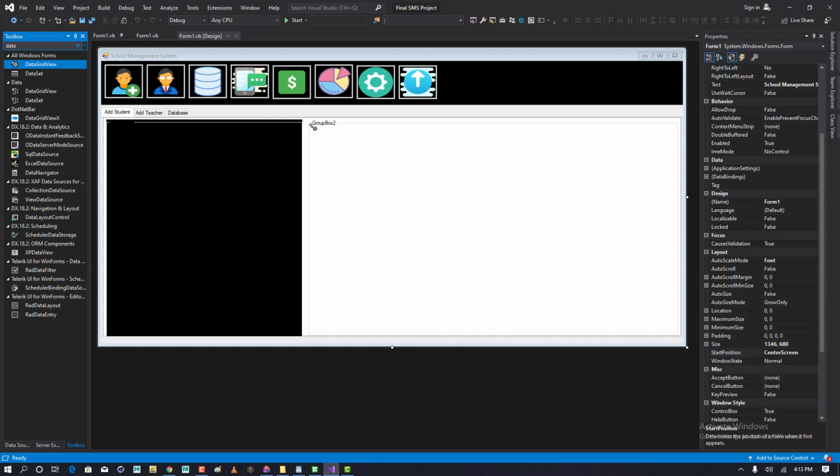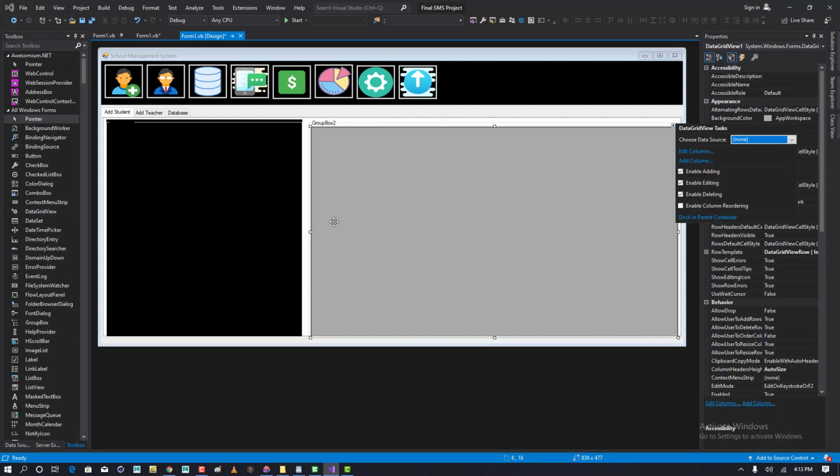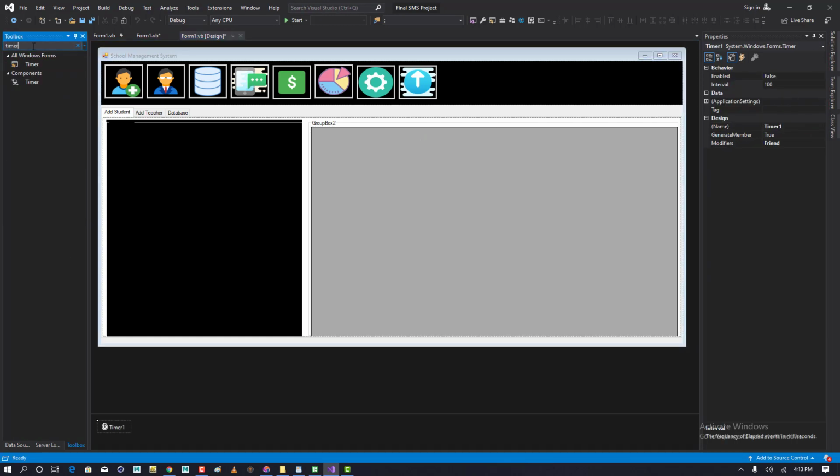So we're gonna add this data grid view here. Yes, which is very good. And then for the data grid, we will save all project. Let me add a timer, one timer, and then let me add